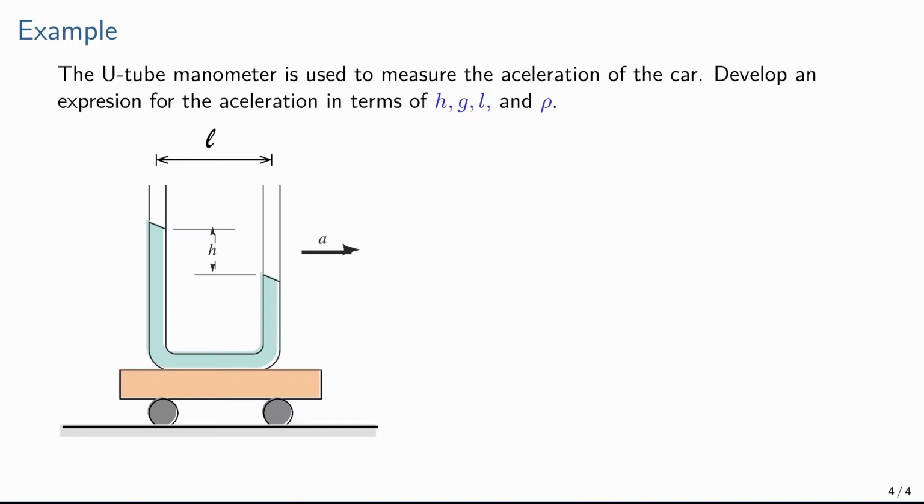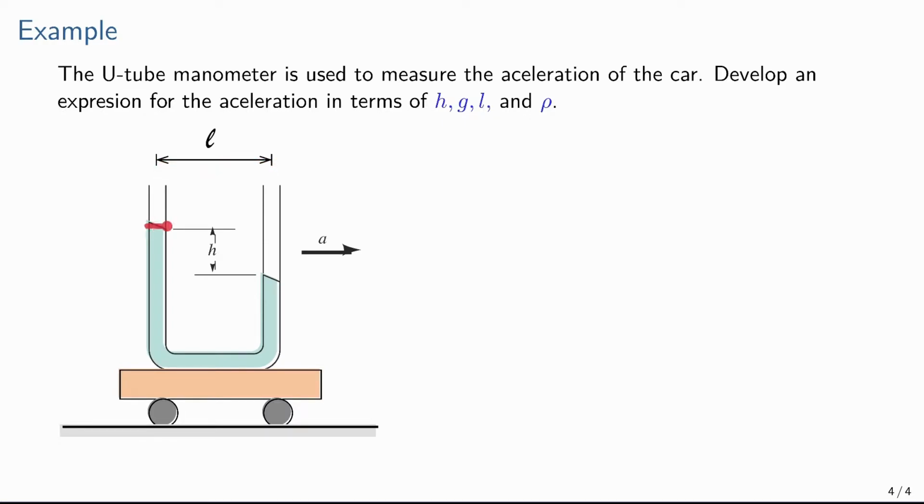Let's consider the following example. We have a U manometer, and this U manometer is on top of a cart, and the cart is accelerated with constant acceleration A. We are asked to find an expression for the acceleration A in terms of the geometry. So the geometry will be L,